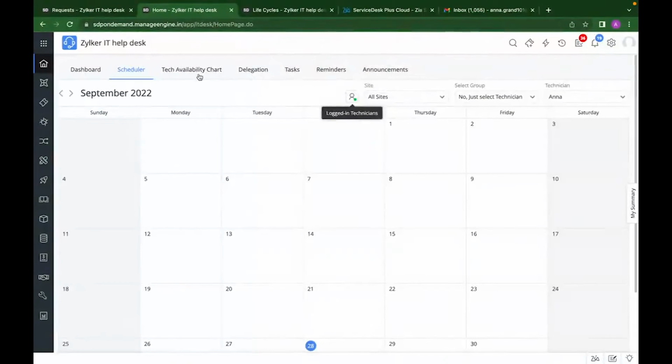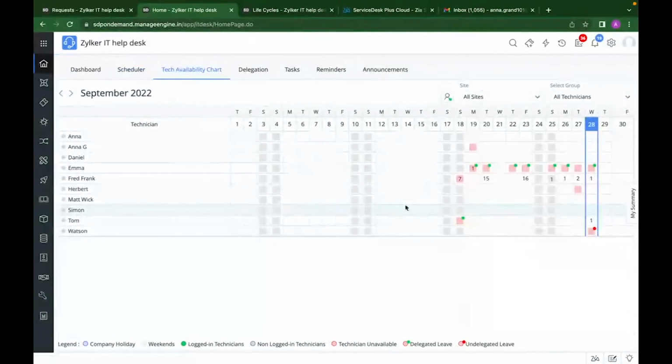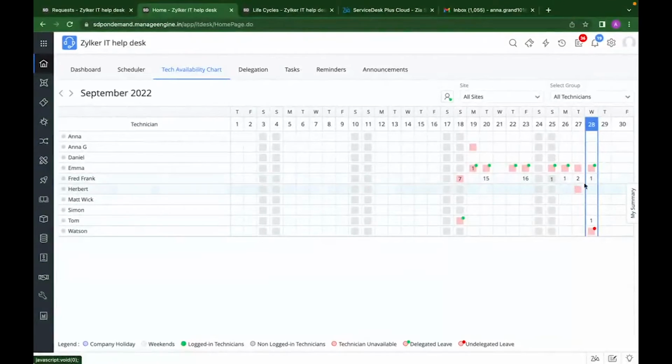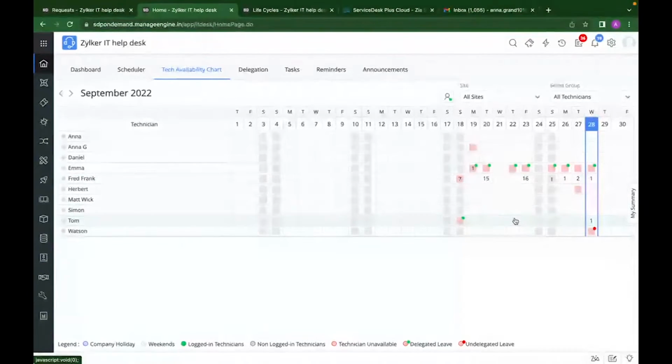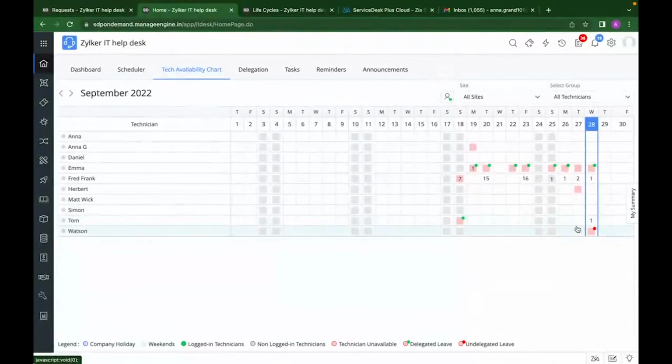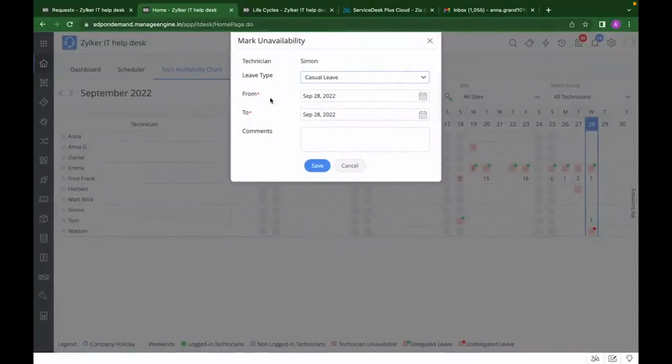technicians. And by going to the tech availability chart, here also you can keep a tab on the workload of all your technicians. So these numbers that you see here indicate the workload of the respective technicians. You can also mark the absence of technicians. So let me say that this technician is on leave. By clicking on the white space here, I can mark the unavailability and